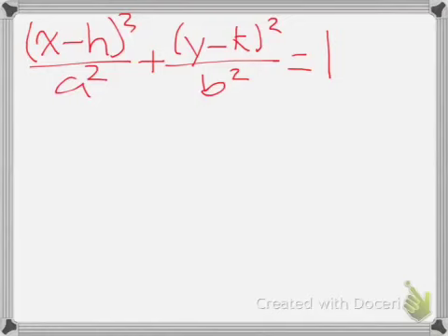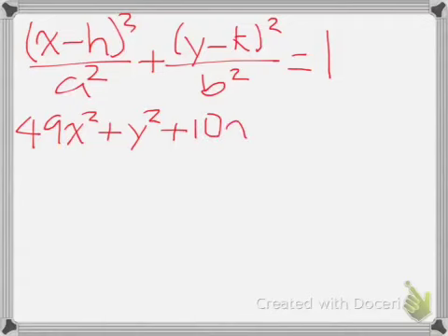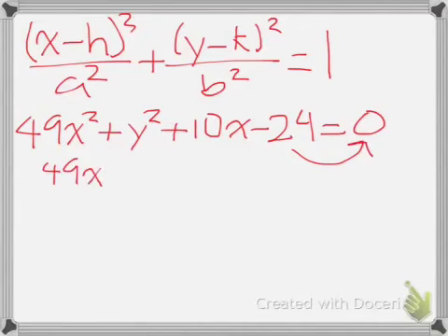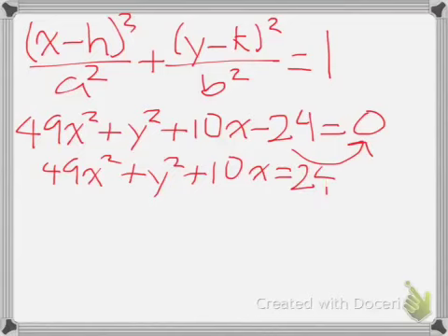So first, the sample problem is 49x squared plus y squared plus 10y minus 24 equals 0. So you move 24 to the other side to get 49x squared plus y squared plus 10y equals 24. Next, you factor y squared plus 10y to make 49x squared plus quantity y plus 5 squared